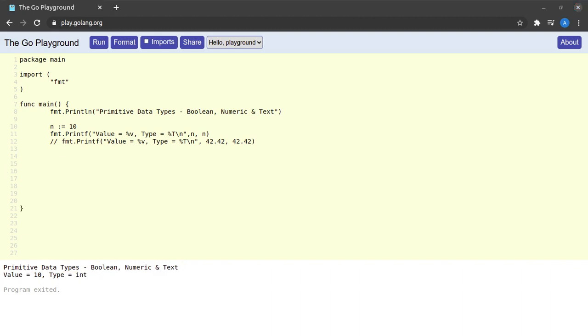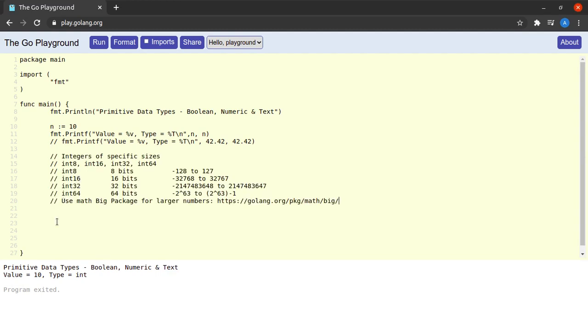Now sometimes you might be looking for a specific size of an integer, and to make lives easier, Go has a wide variety of integer types to make our pick from. So here we can see the types supported by Go are int8, int16, int32 as well as int64, which is quite similar to the byte, short, int as well as long in other programming languages.